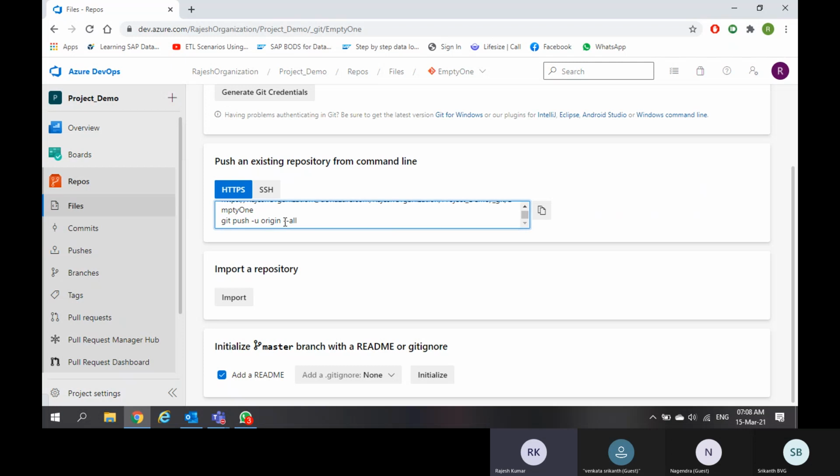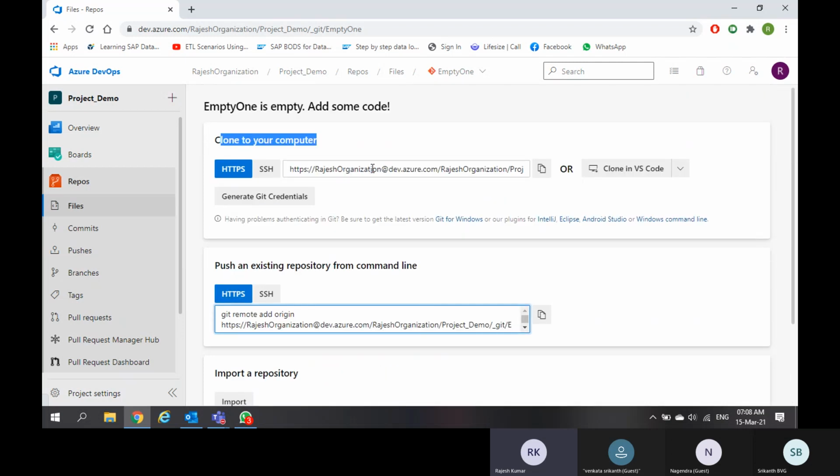Here, all means that in your local repository you can have multiple branches. If you want to push all the branches, you can use all. If you want to push a single branch, you give the single branch name. Then the command will be git push origin, no need of hyphen, directly give the branch name. It may be master, first branch, second branch, any branch. So these are the 2 ways to get the code from your local computer to Azure Repos.